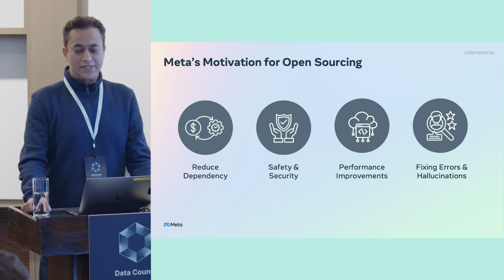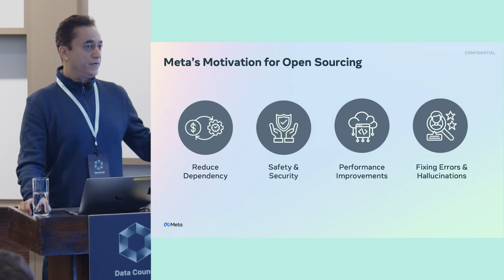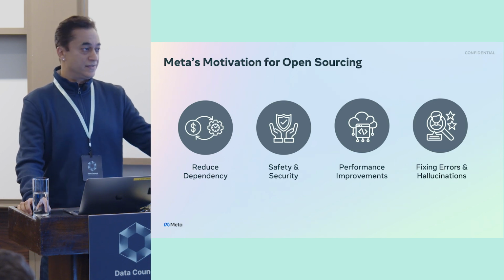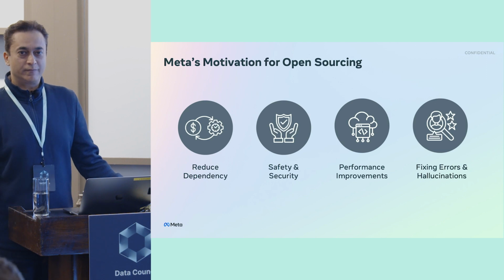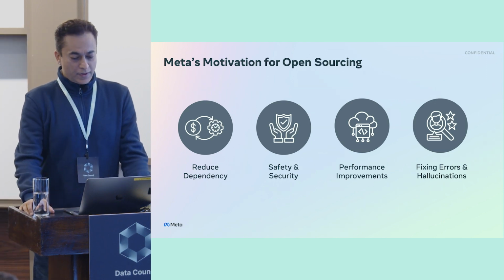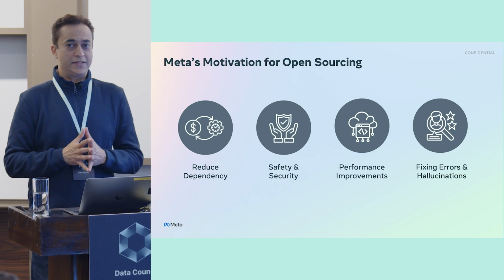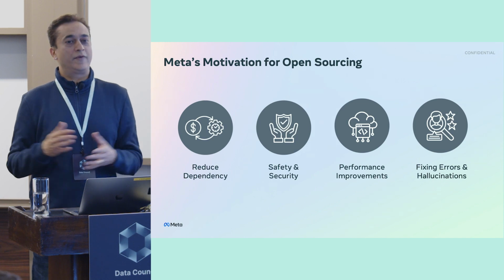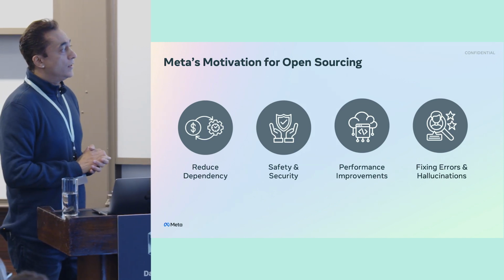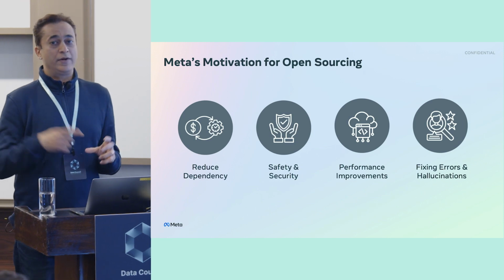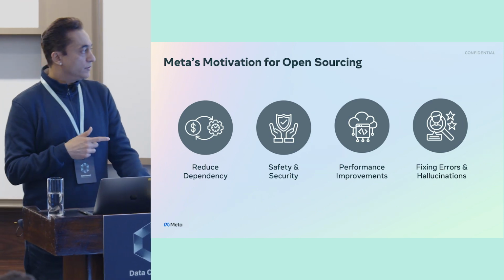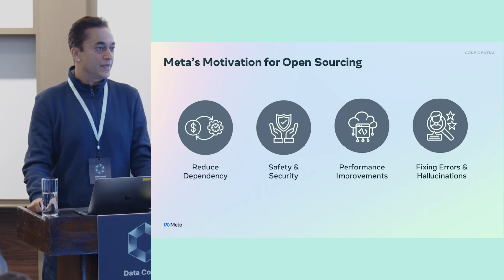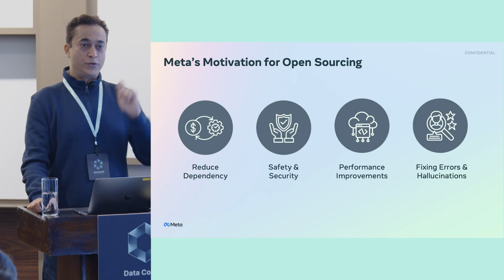Now, you may be asking, what is in it for Meta? We spend literally hundreds of millions of dollars to train these models. These models are trained on public data sets, plus some licensed data sets. And why do we do it? The best analogy I like to give is Meta is a consumer business. It's not an enterprise business. Our consumer apps are used by 3.5 billion people. A lot of innovation in these consumer apps is dependent on AI platforms. If we don't open source this, then we are dependent on somebody else's AI platform. And so there is a vested interest for us to open source this.